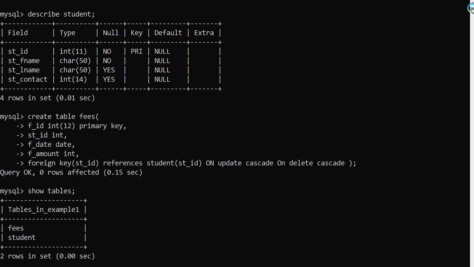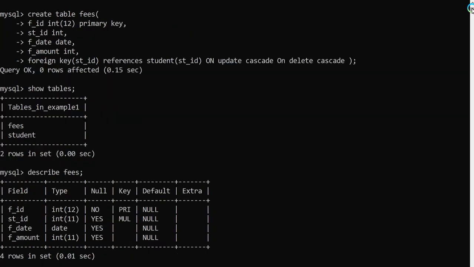If we want to describe, we will do here describe fees. So look here, fid is a primary key and student id is a multiple key, that means it is a foreign key, clear. Now after creating the foreign key, we have to know the restrictions, what things we can't do. If we want to insert any record inside the field, and when we are going to insert the student